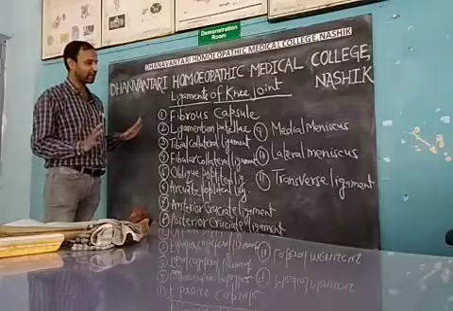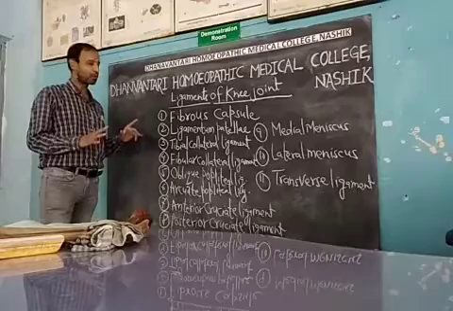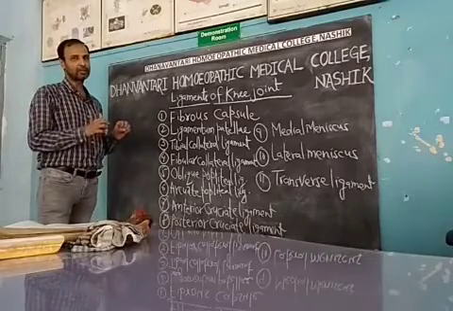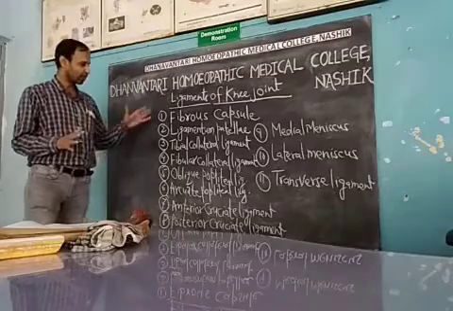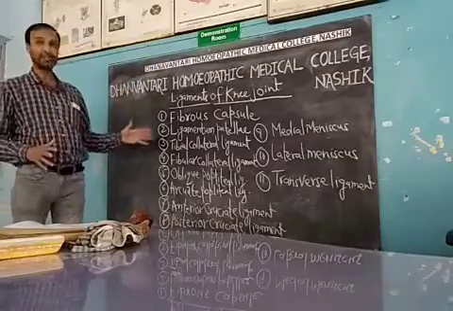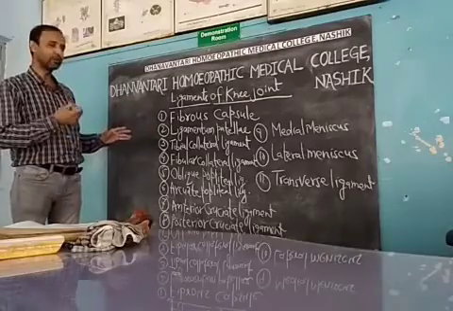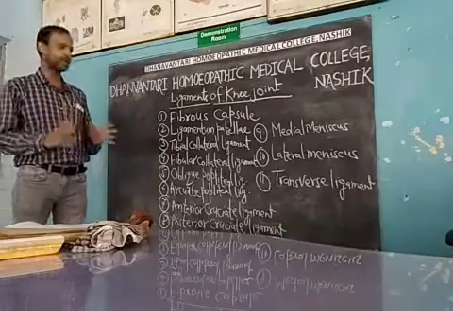One by one we will start with each ligament with its attachments. We'll discuss where these are attached and how much strength they give as support to the joint. These 11 ligaments you have to remember and keep in mind. You have to mention the list and then describe them only with their attachments. Especially what is expected here is the attachment.